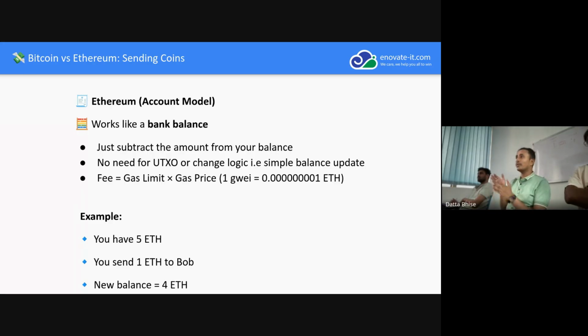Let's go from here to Swargate. We require 1 liter of petrol. This is the gas limit. And the gas price, you can see, is dynamic. Currently it's 100, sometimes 99, 98. This is the gas price. This is how the fee works. So if you multiply the gas limit by the gas price, you will get the fee